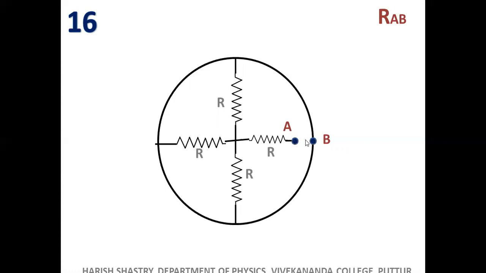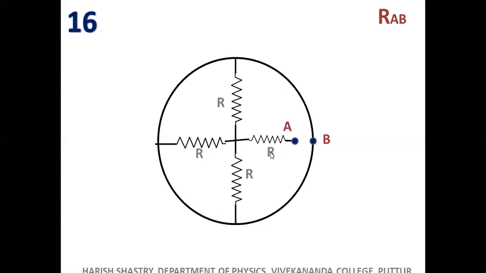Remember, shall we try to see whether A and B are shorted? The connection starts from B, comes like this and returns to B, but it never reaches A again, right? Nowhere it is connected to A. Now there is no short between A and B. Otherwise, we could have written 0. Now there is no connection between A and B directly. It is coming from B to B, that's all.